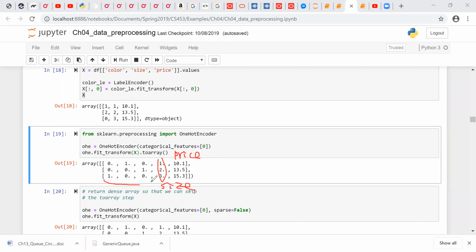But if you take a close look, you will find, how can it come up? What are the new columns? Where did they come from? Because previously you only had this one for the color column. Now you have 3 columns. So what's the relationship between those? This concept is called one-hot encoder. Okay, one-hot encoder, the idea is